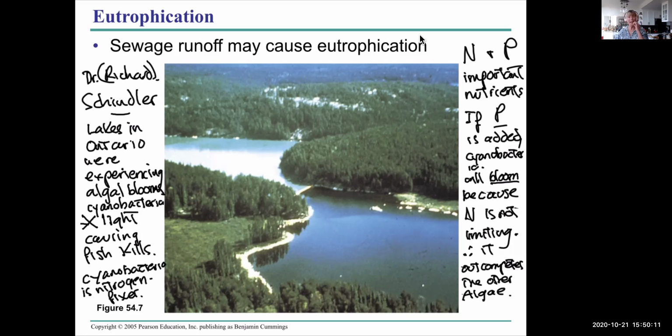And you may be wondering why there were so many phosphates added? And that is from detergent. So it turns out that it was detergent that was being run off into lakes and streams that had all these phosphates in it. So now, because of Dr. Schindler and his research, detergent is largely phosphate free, and that's the reason. So that was really good research done to alleviate the effects of phosphates in detergents.